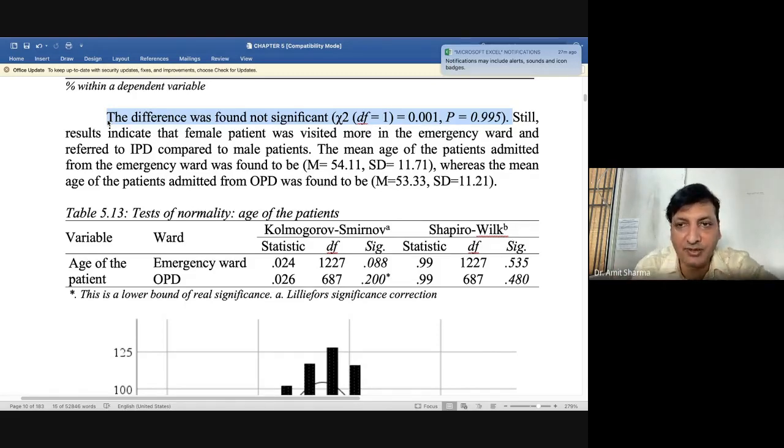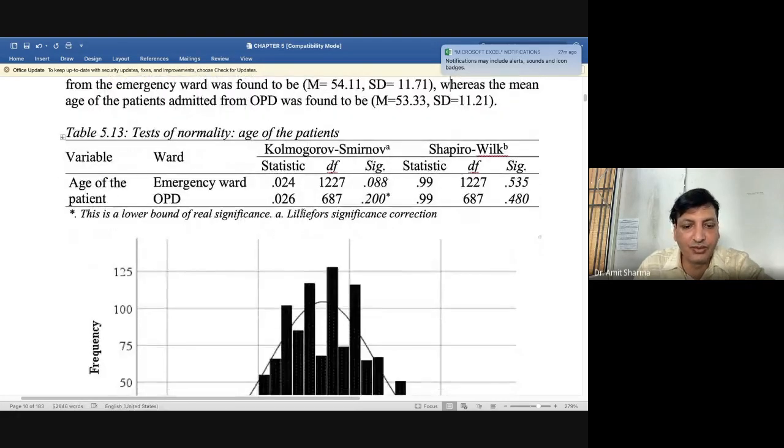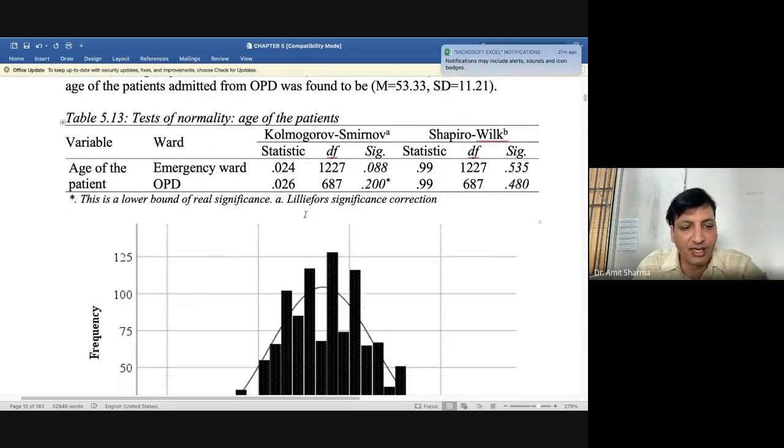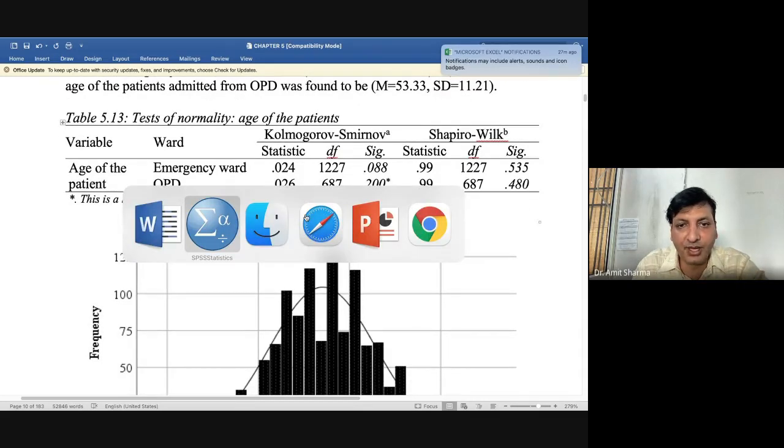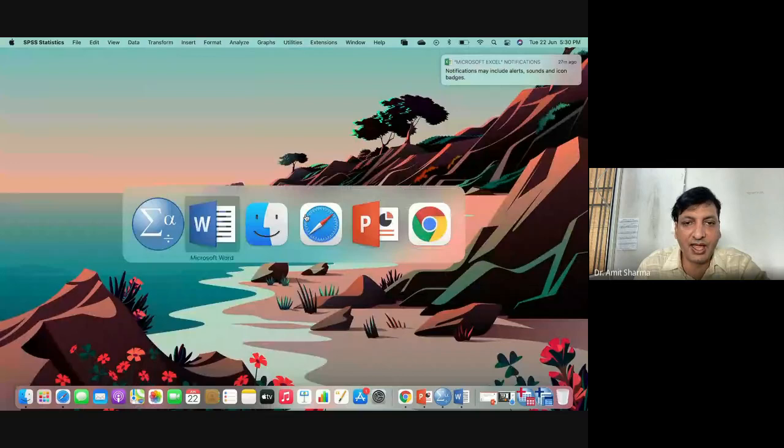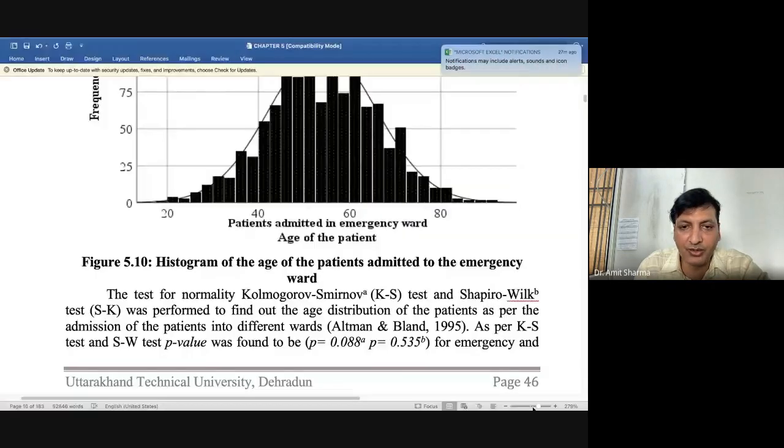And you can see the mistake which I did. I have not written the P value in italic. It should be in italic. This P value which you write should be in italic, this one. So I think I'll take the queries. I'll show the remaining part of the thesis, as I have applied ANOVA in my thesis. So I will let you know how we write the result of ANOVA.